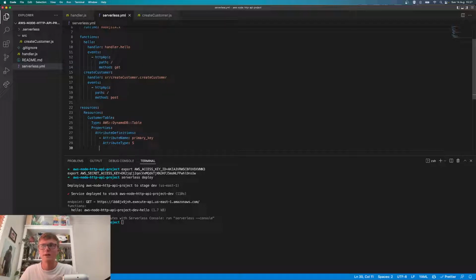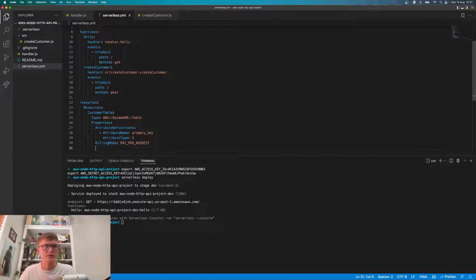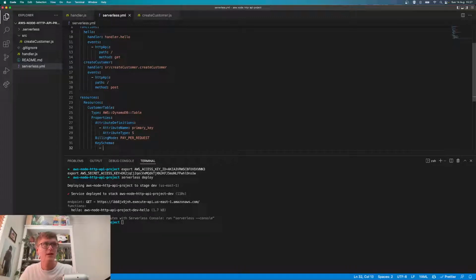S, capital S, and then billing mode, pay per request. We don't want to provision any compute power. Just want to pay when we hit it. Key schema, and then another attribute. So the key schema is going to be the hash of the primary key,